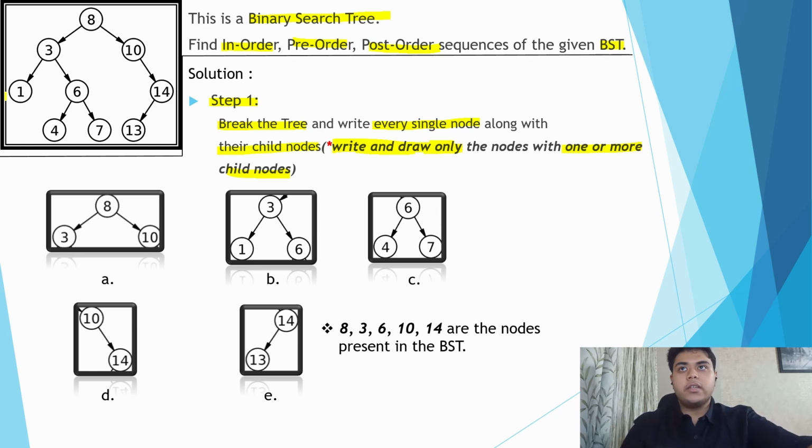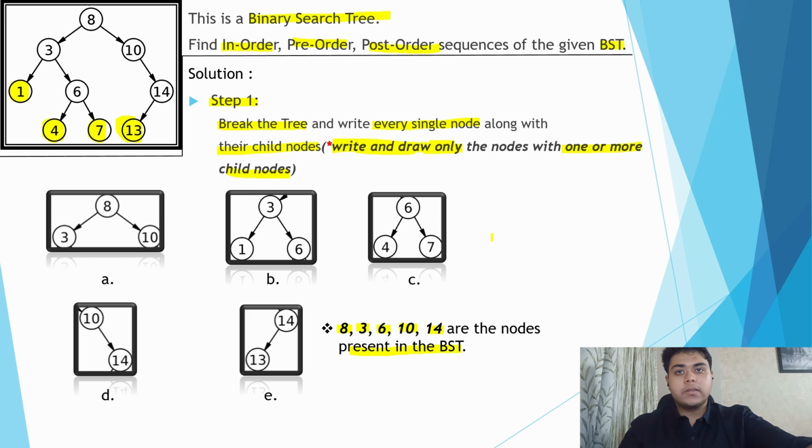If you see in the question, 1 does not have a child node, so we will not write 1. 4 does not have a child node, we will not write 4. 7 does not have a child node, we will not write 7. 13 does not have a child node, we will not write 13. But the other 5 we will write because they have at least one child node. So 8, 3, 6, 10, 14 are the nodes which have at least one child node, and we need